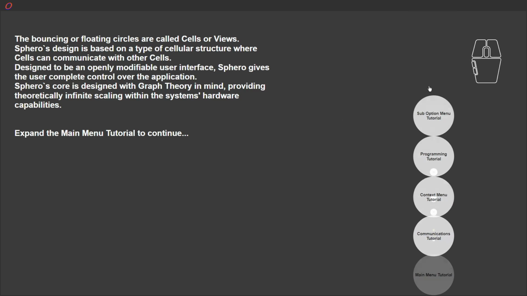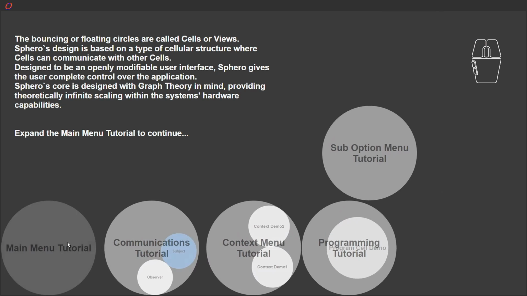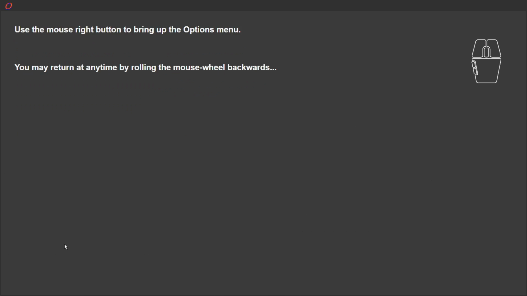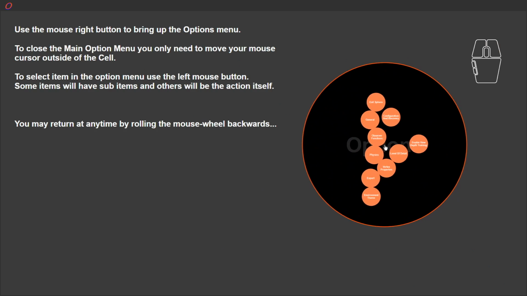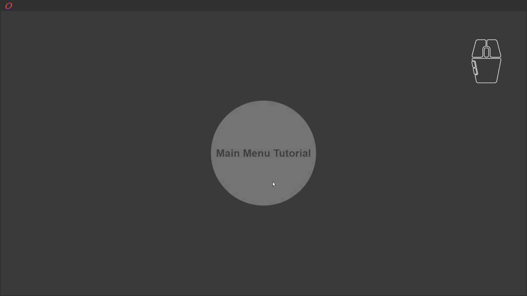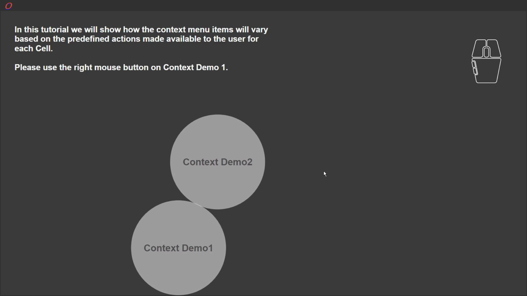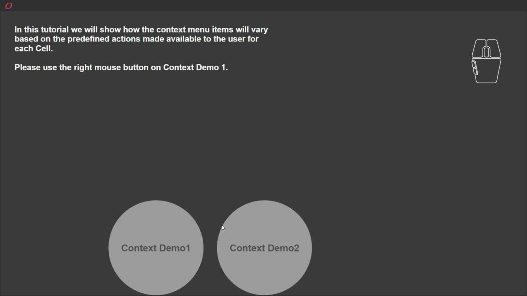When traversing further into the graph, the user is prompted with more help text and instructed to expand the main menu tutorial. By using the right mouse button, the user invokes the main menu with standard items across all contexts. We will now enter the next tutorial, namely the context menu, and also the most integral function of the Sphero